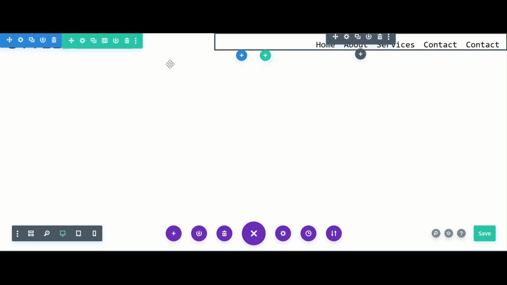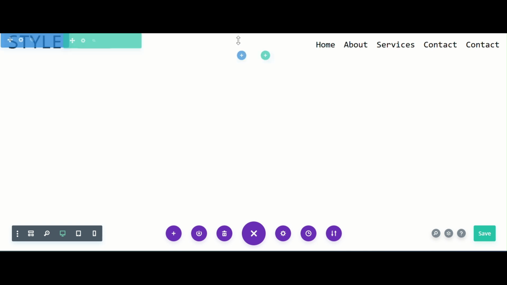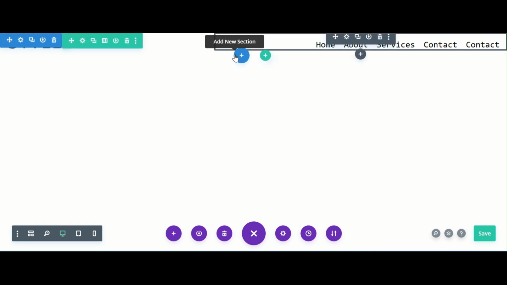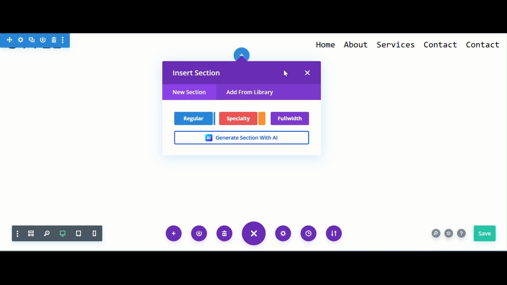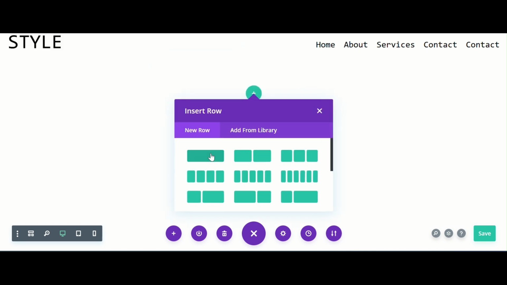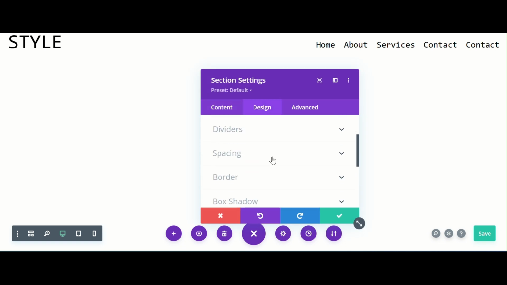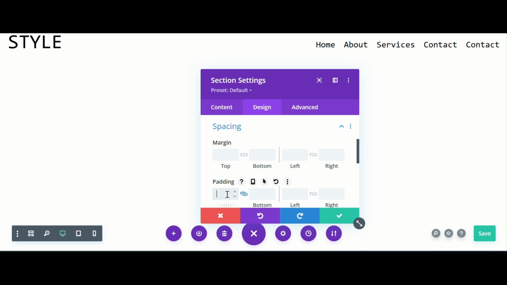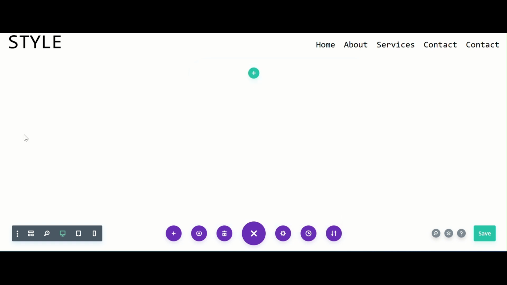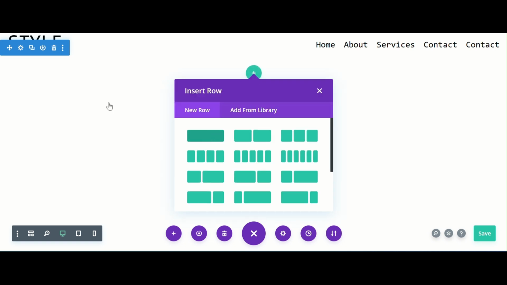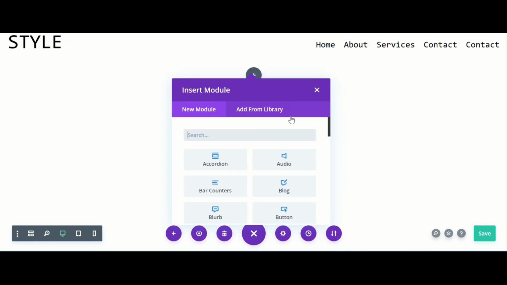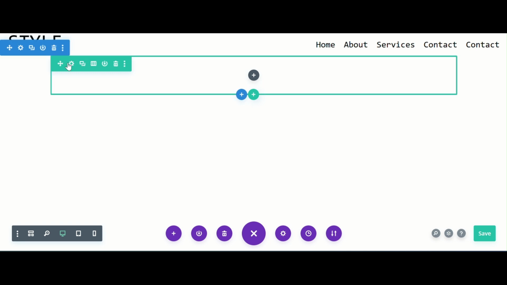Okay, so let's say you have a header already, global header, or wherever you want to put it. So you just come down here and then you click on the regular section, and on this regular section we come here. It all depends on what you want to do, but I'm just giving you a walkthrough. So I put a padding of 0 and a margin of 0 for the section settings, and then I come in here, I just add a row,